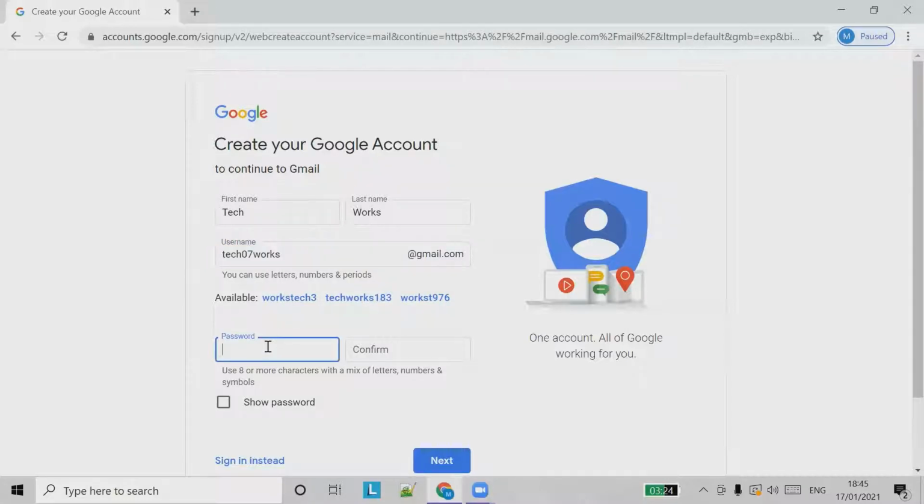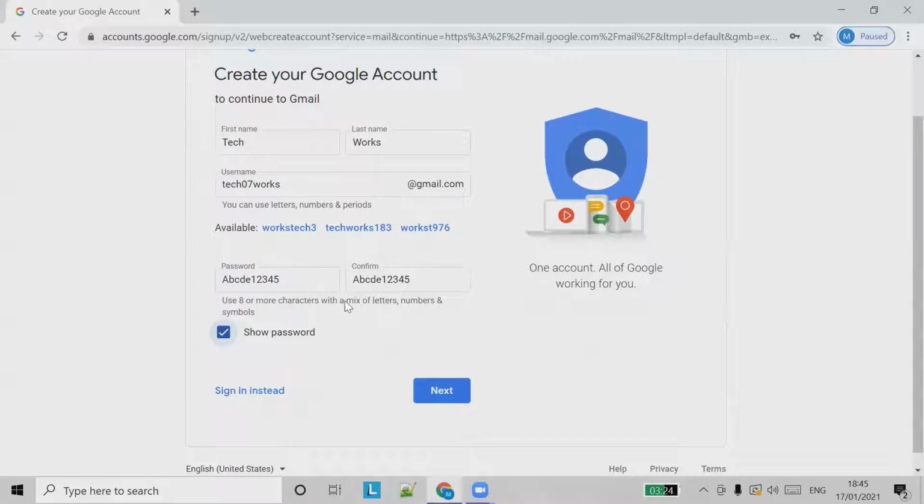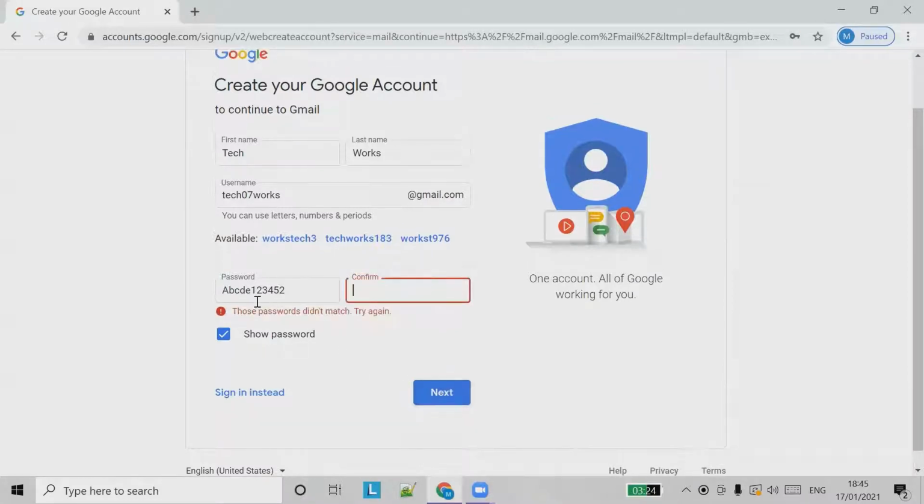Then we have to type a password. So password could be anything. So ABCD 1 2 3 4 5 and ABCD 1 2 3 4 5. They are asking us to confirm to make sure that we don't retype the password wrongly. You should have both the passwords same, or else it will throw an error. In case you type two different ones and submit, it will say the passwords didn't match. So both should be same. So we'll try the same thing again,